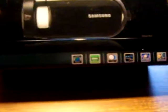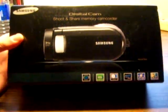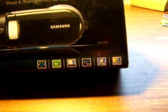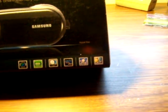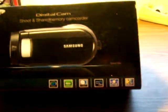Some of the great features on the outside, it says it's got a Schneider lens. They're supposed to be great quality. 3 hours of battery, which is awesome. Face detection, that's good for photos. Advanced noise reduction, which helps keep down chatter and noise that you don't want to hear. And interval recording, so you can record over a long period of time and shorten that down in